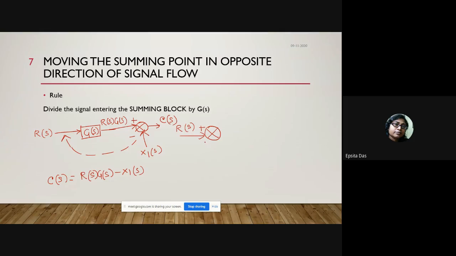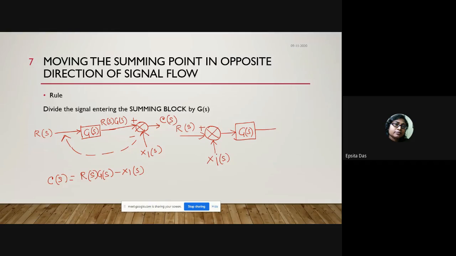So that means here the summer is, and I have to put over here this value. I know RS must be multiplied with GS. If I put the GS value here, I know the RS factor will come, RS into GS, definitely here. But if I put the signal value X1S here, I find that X1 is not multiplied with GS.